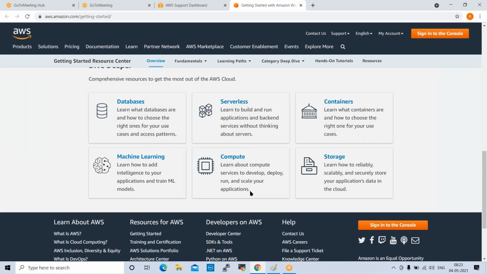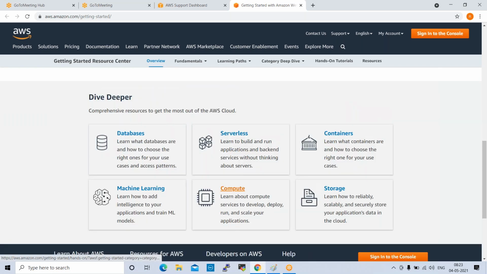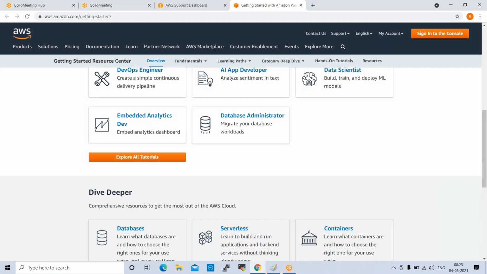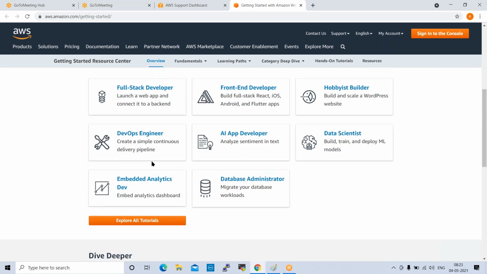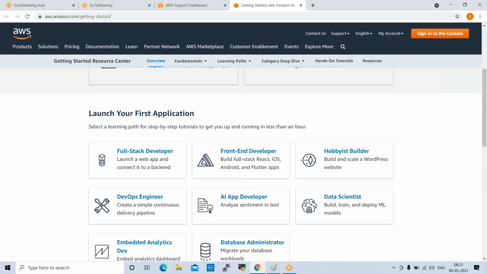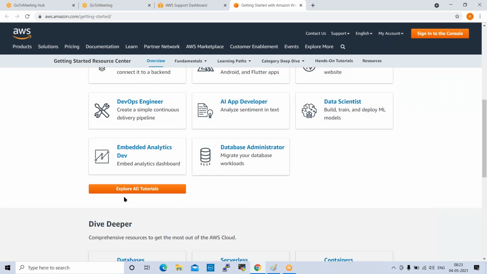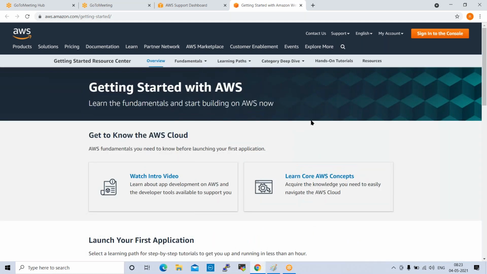These are the different partners and third-party tools: databases, serverless, containers, storage, compute, machine learning. These are the different services. You can go through these services if you want to and get some information from this. So these are the things available inside of the support.